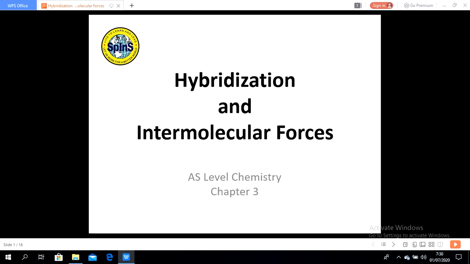So, from the trend of electronegativity in the periodic table, from left to the right it increases, and from top to the bottom, down the group, it is decreasing. Why decreasing? Because the outermost electron will have greater shielding and less nuclear charge. Less nuclear charge means the attraction between the proton and the outermost electron decreases.